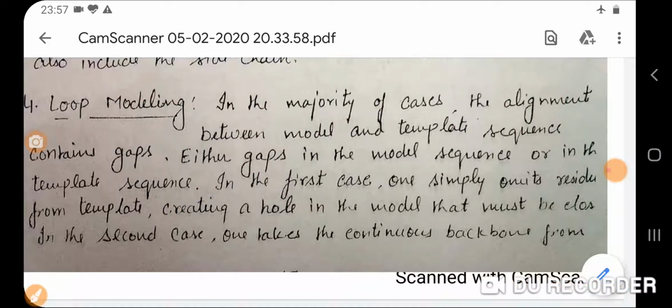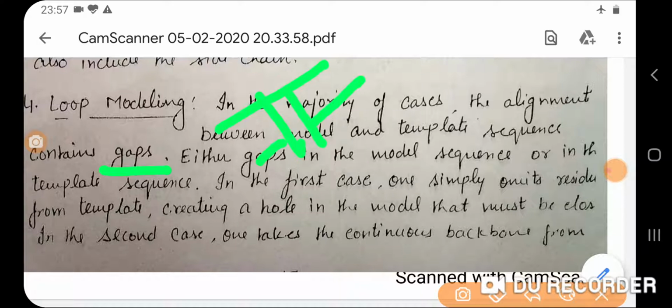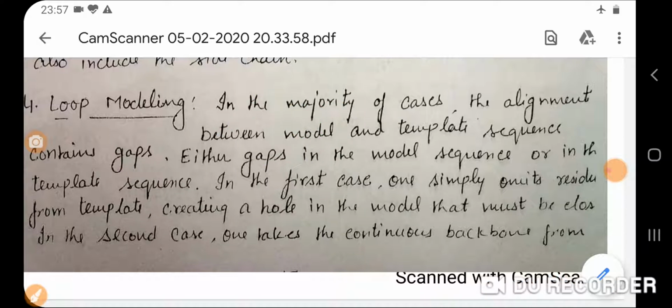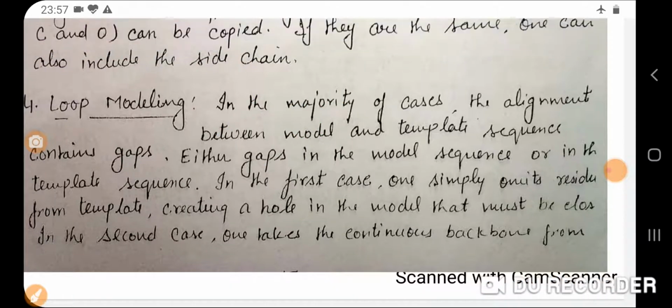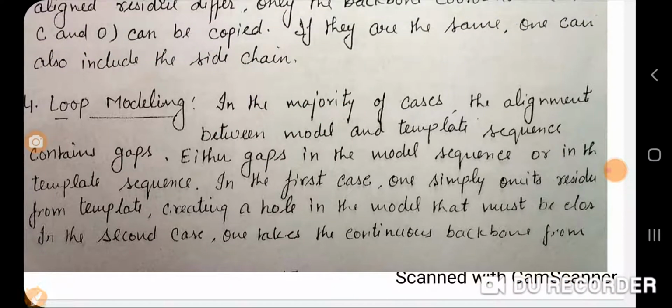In the majority of cases, the alignment between model and template sequence contains gaps. So as we have shown you in the example, this is the gap. So how you will fill this gap is either gaps in a model sequence or in the template sequence. In the first case, one simply omits residues from the template.